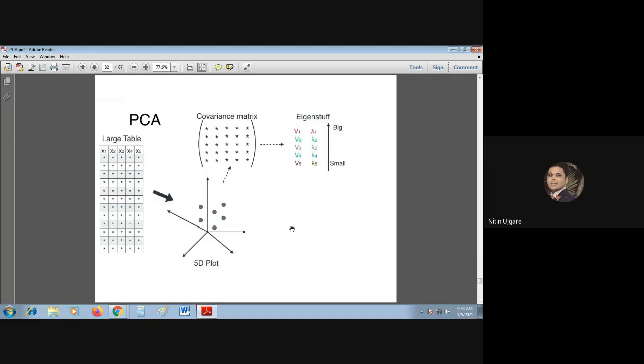So this may be asked in a question. If we have 5 features in the data set, how many principal components can we create? How many eigenvectors can we create? These eigenvectors are nothing but the principal components, which allow you to transform your high dimensional input instance space to lower dimensional input instance space. Any other question?